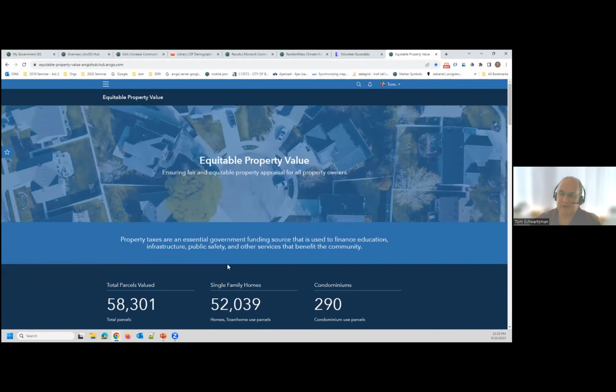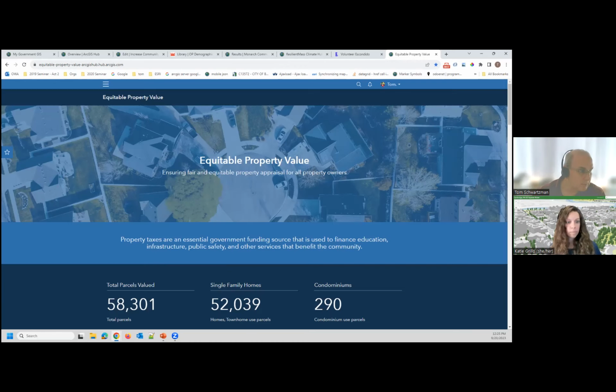And hopefully you have just a sense of like what Hub is, how you might use it. Again, we're going to come back after user presentations and look at how we might actually fire off a Hub site and do something with it. And we'll talk a little more about community members as well. All right, so I'm going to stop sharing there and turn it over to Katie, back to Katie for the user presentations.